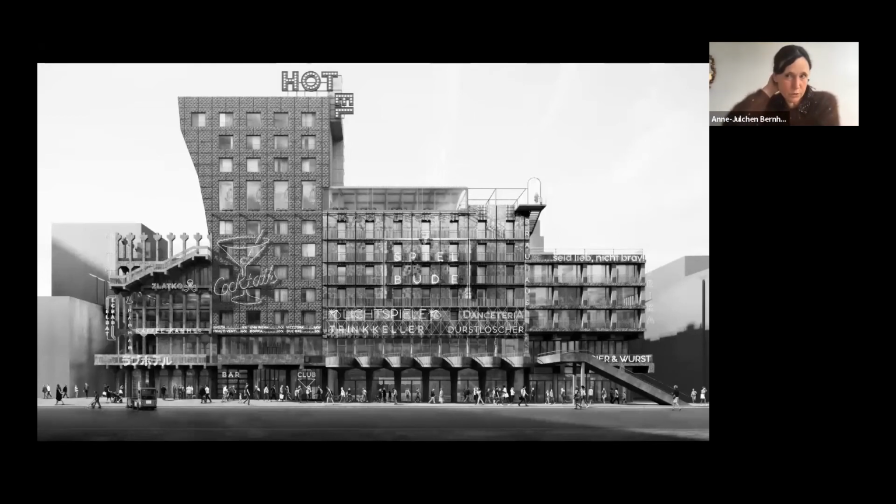Yeah, and that was the drawing we exhibited at the Lisbon Triennale. So there is a bit of difference between the image before and that image, which was black and white, because already there it was not clear what the future of the project would be.